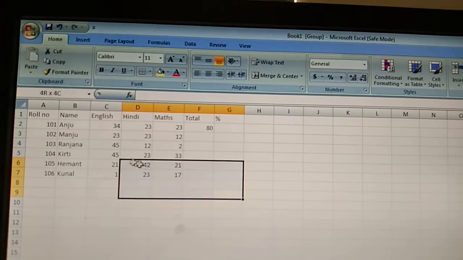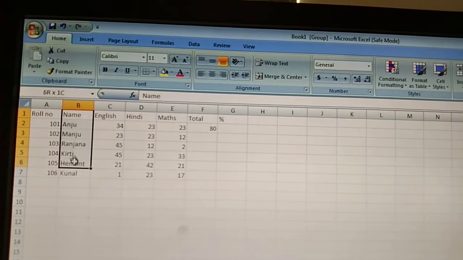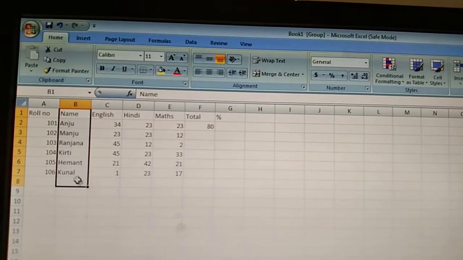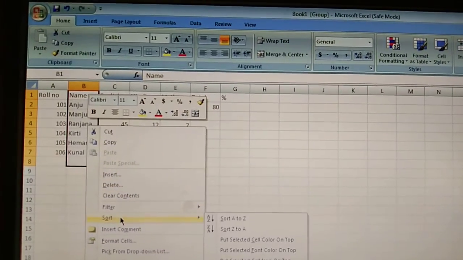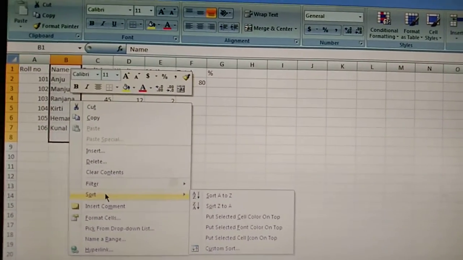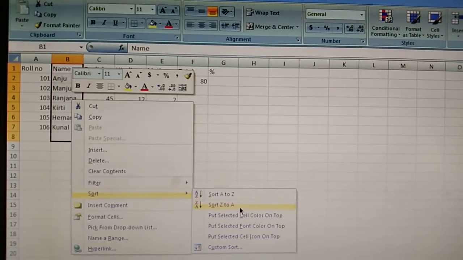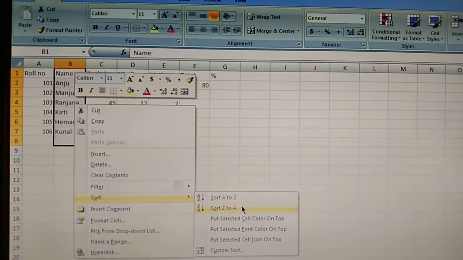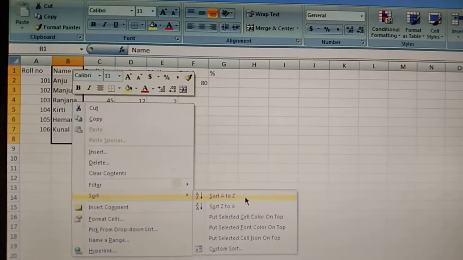First of all, we select the data. Like, I want to sort the names of the students. So firstly I select it, then right click, and here the options come, that is Sort. Here it asks me whether to sort from A to Z or sort from Z to A. If I want to sort in proper order, starting from alphabet A to Z, then I can choose this button.